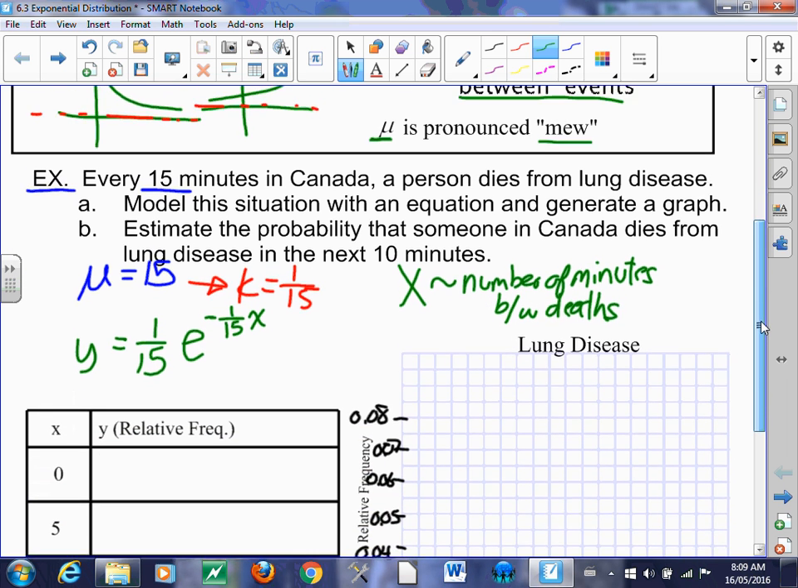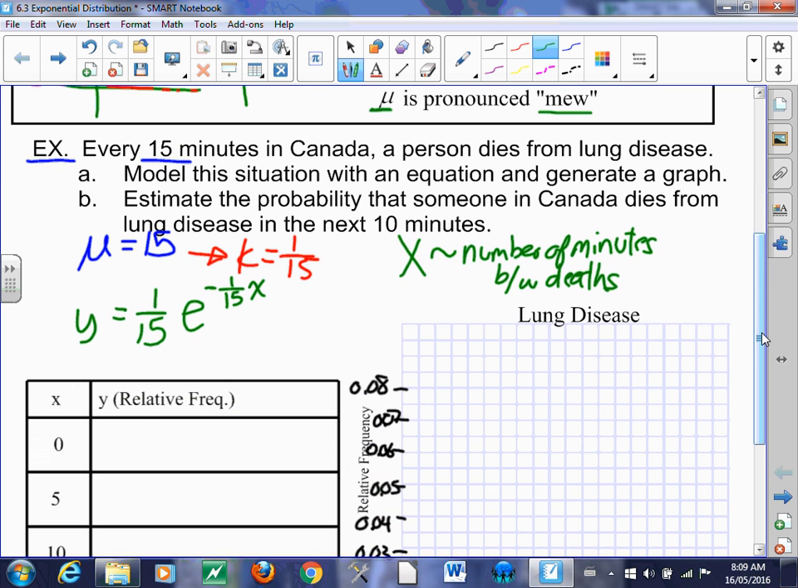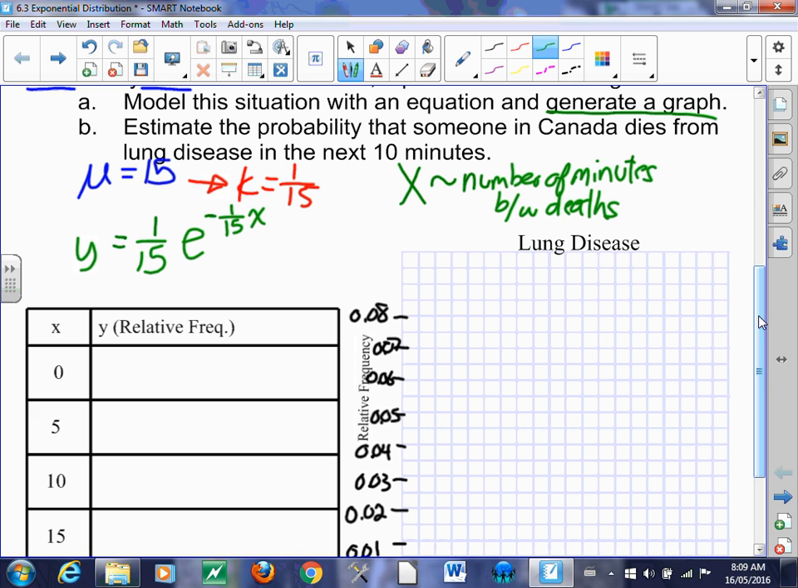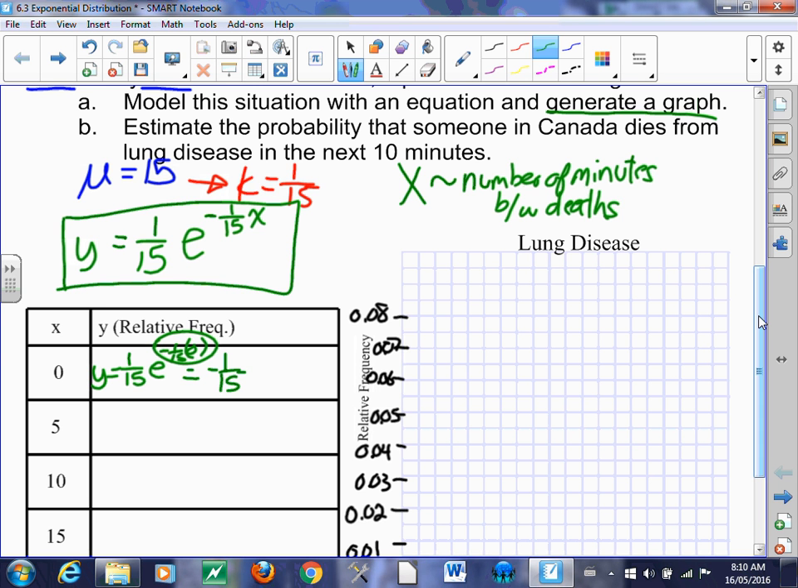All right, so now we're going to fill out, model the situation in equation, and generate a graph. So to generate the graph, we're just going to take a look at some situations. So we're going to go every 5 minutes, okay? So what we're going to do is we're going to use this equation, and we're going to sub in, for example, x equals 0. So when we sub that in, we go y equals 1/15 e to the negative 0 over 15. Anything multiplied by 0 in the exponent is going to be 0, so e to the 0 is 1, right? So this is going to equal 1 over 15, sorry, not negative 1 over 15, just equals 1 over 15, which equals